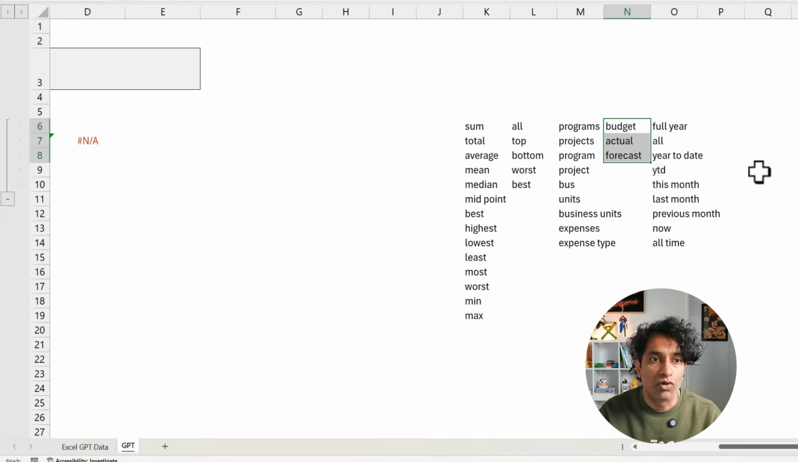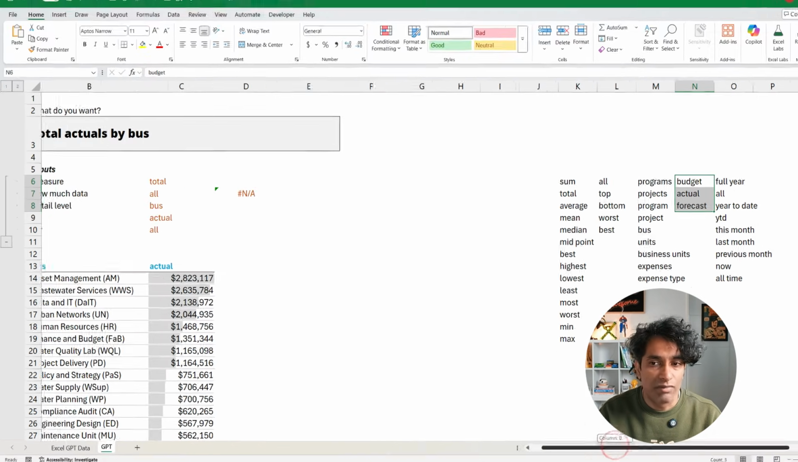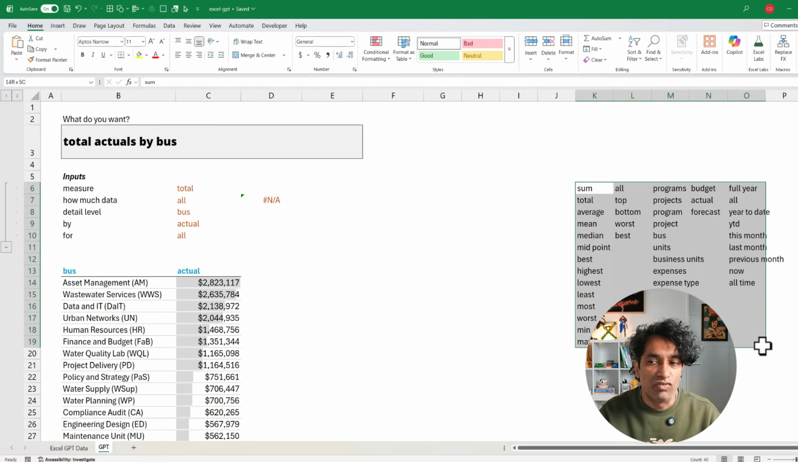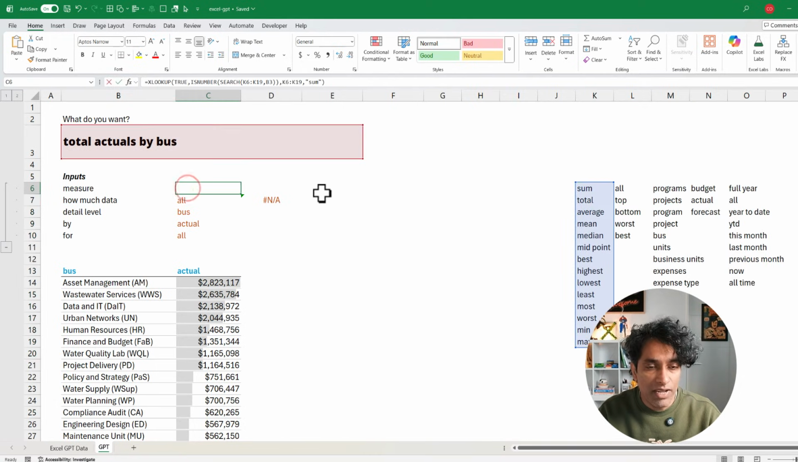And what type of data am I interested in, and whether you're looking for all the data, full year, year to date, this month, previous month, like that. So these are all the possible words that I'm looking for. You can say other words as well, but these are the possible words. So once we figure out what words can go into the prompt, then I am doing a bunch of